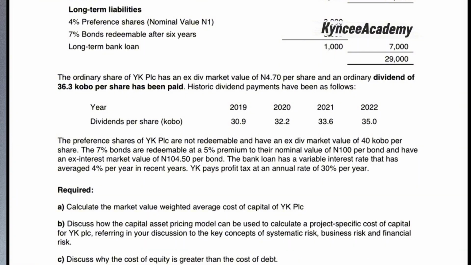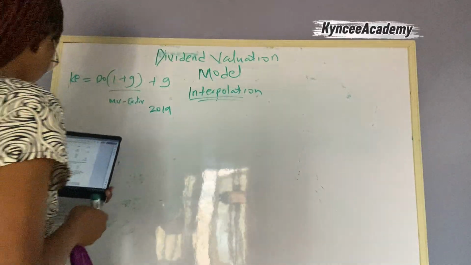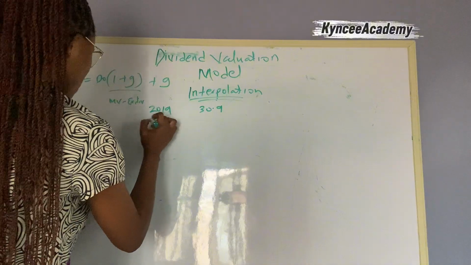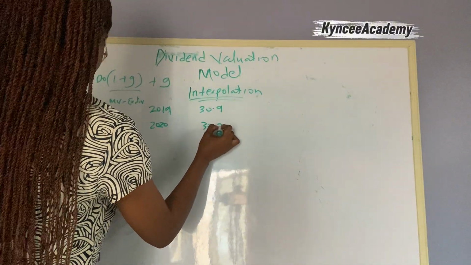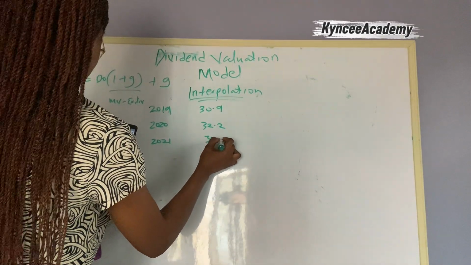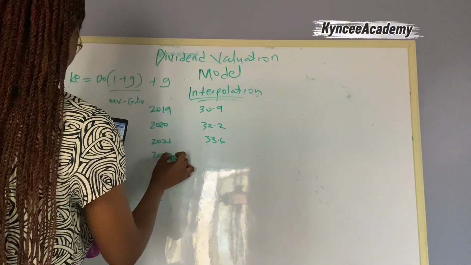Historical dividend payments have been as follows. Year 2019 dividend was 30.9. Then year 2020 dividend was, okay, let me write it out. 2019 dividend was 30.9, right? So in 2020 dividend was 32.2. So in 2021 dividend was 33.6. So in 2022 dividend was